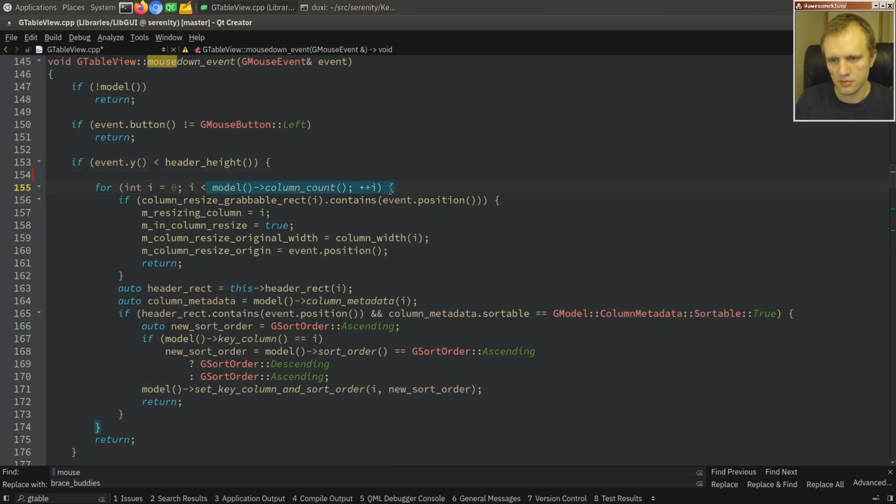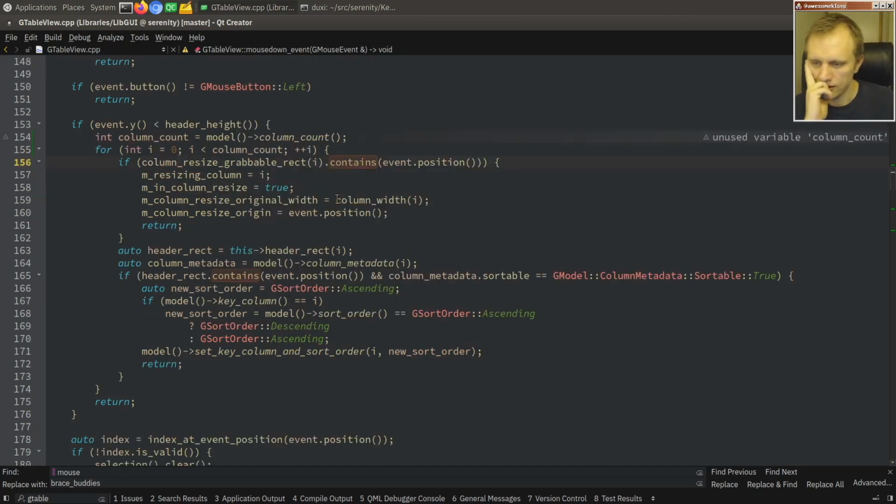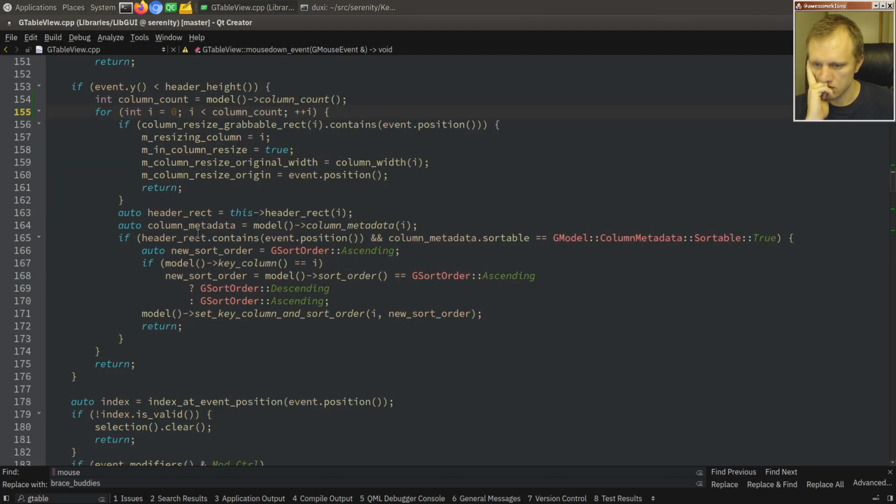It's a bit of a sad thing to not cache that. I mean, this is going for a micro optimization here, but not doing that virtual call for every step of the loop just seems like that's just polite. Even though, what else? We're probably doing other silly stuff as well. So